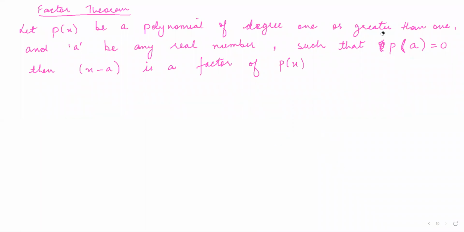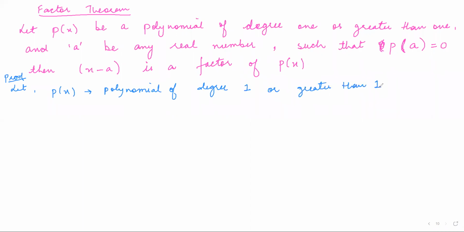Okay, let's do a proof of this, just a 4-5 line proof, because it's written in the syllabus, the proof of factor theorem. So, let us do. So first of all, let us assume a few things for the proof. Let P(x) be a polynomial of degree 1 or greater than 1, right? So we have assumed P(x). Then let us assume a number a, which is any real number, right? Let a be any real number such that